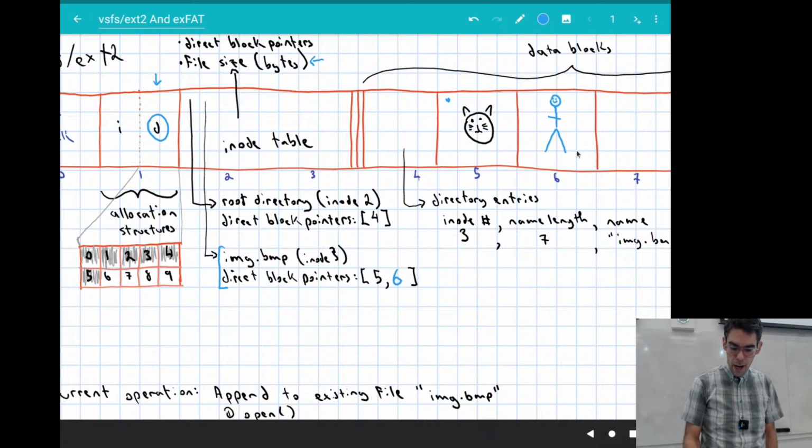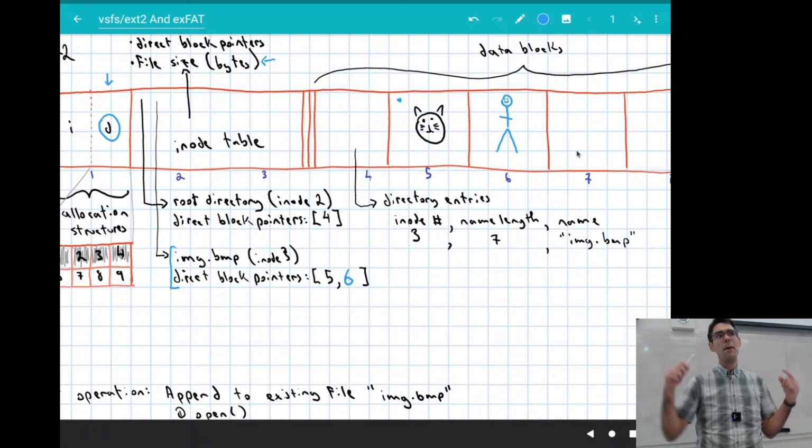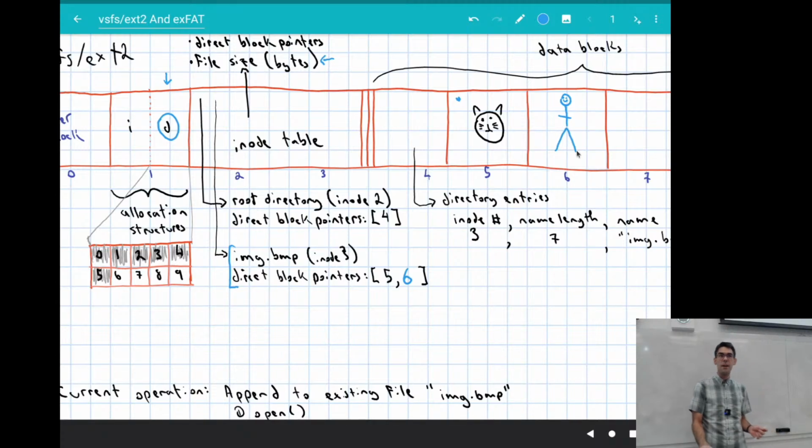We do not need to make changes to the root directory's directory entries. We don't need to make changes to that structure in this file system because the only thing that this really has is the name of the file and the file name's length. If I were renaming the file in this directory, I'd need to make changes to that, but I'm just saving to this existing file. So I don't need to make changes to any of the directory entries in this file system right now. Okay, so this is VSFS and ext2.